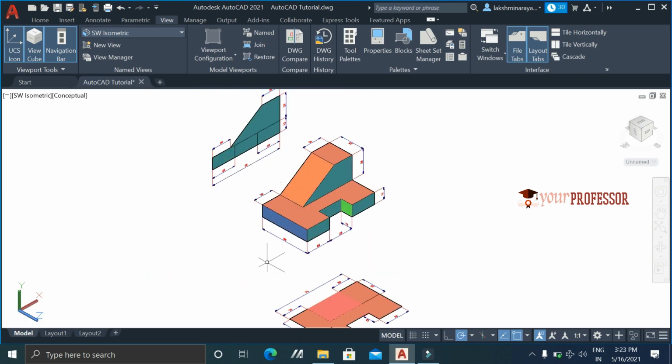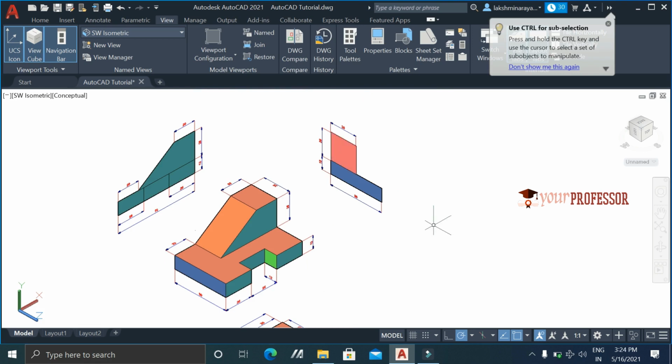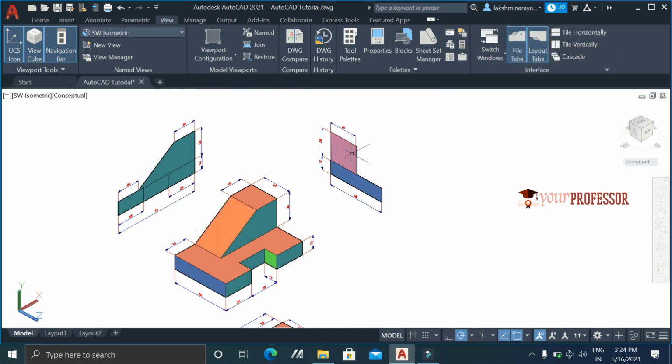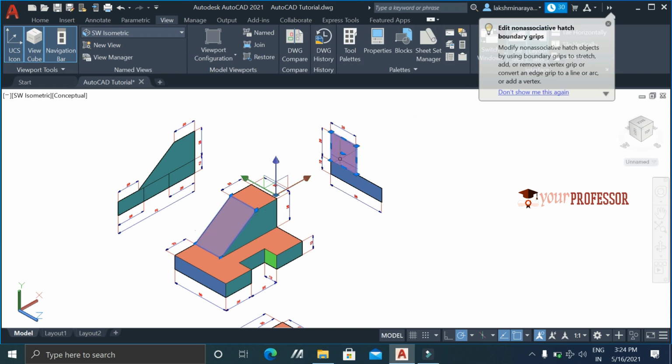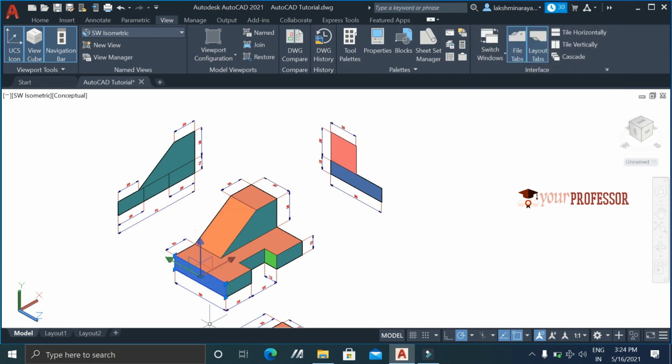When we observe from this direction, we can have the side view. The side view will be like this. So this is nothing but the reduced rectangle here. This rectangle appears as a reduced rectangle here, and then here this blue color rectangle you are able to see, right? So that blue color rectangle you are able to see here. So this is the conversion of isometric view to orthographic views.